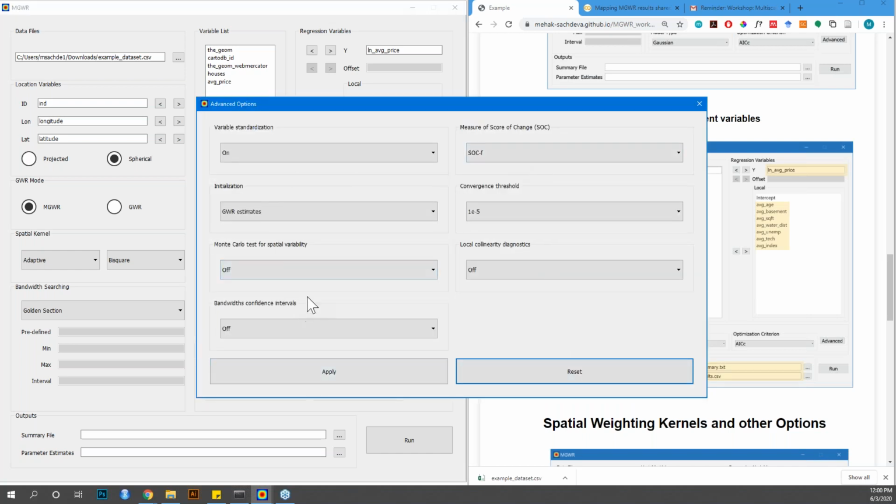So in the advanced option, there are many things happening. So I'm going to go one by one. Variable standardization. What this basically does is that it standardizes your variables to have a standard deviation of 1 and mean of 0. All the variables will be standardized. Why we would want to do that, especially for MGWR, is that we want to be able to compare the